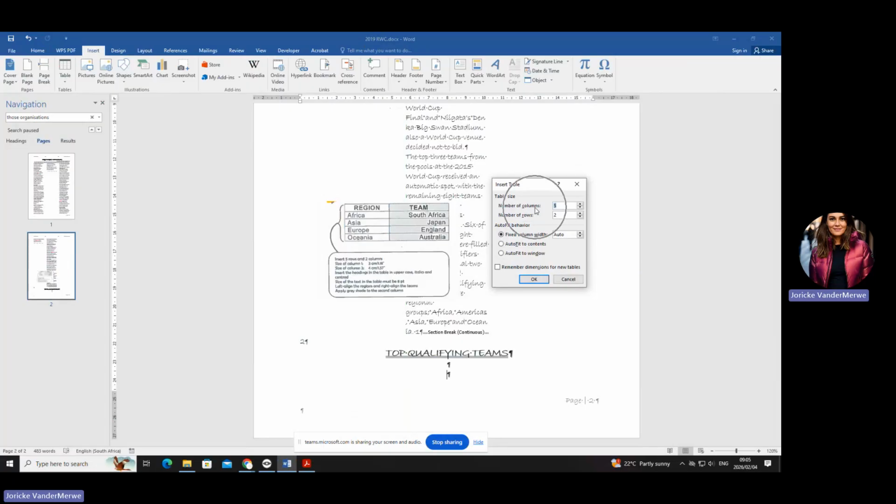Can you see there it says columns? How many columns do you need? 2. How many rows do you need? 5. Okay. And can you also see the region is a column and the team is a column. The team, South Africa, Japan, England, and Australia, those are all rows. So rows are horizontal and columns are vertical.